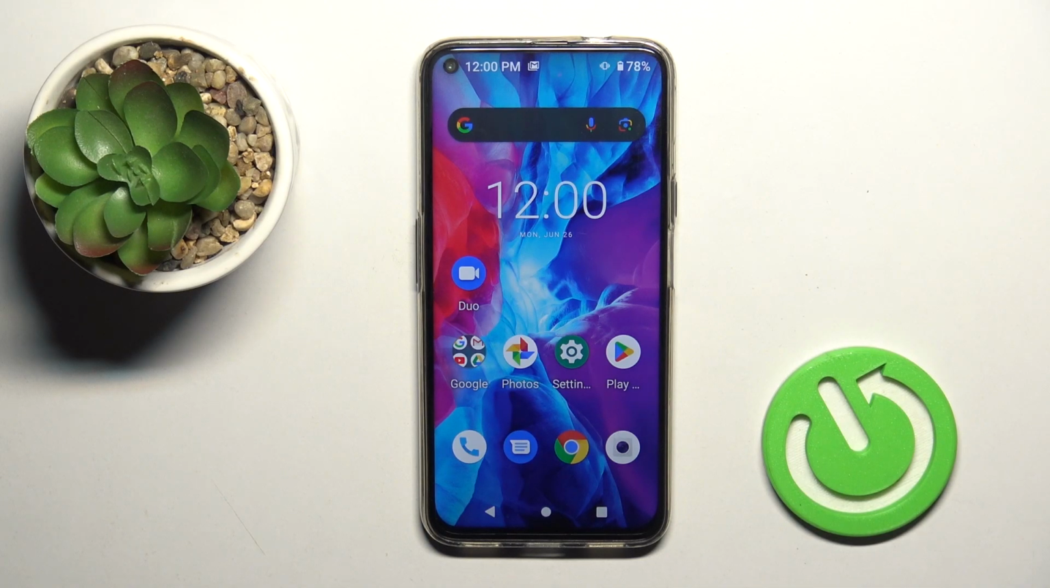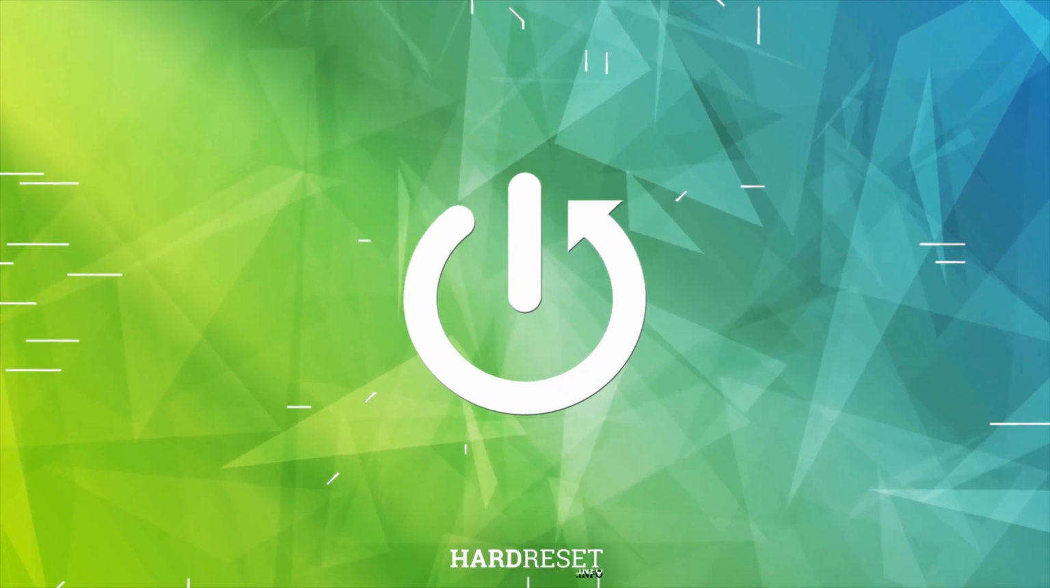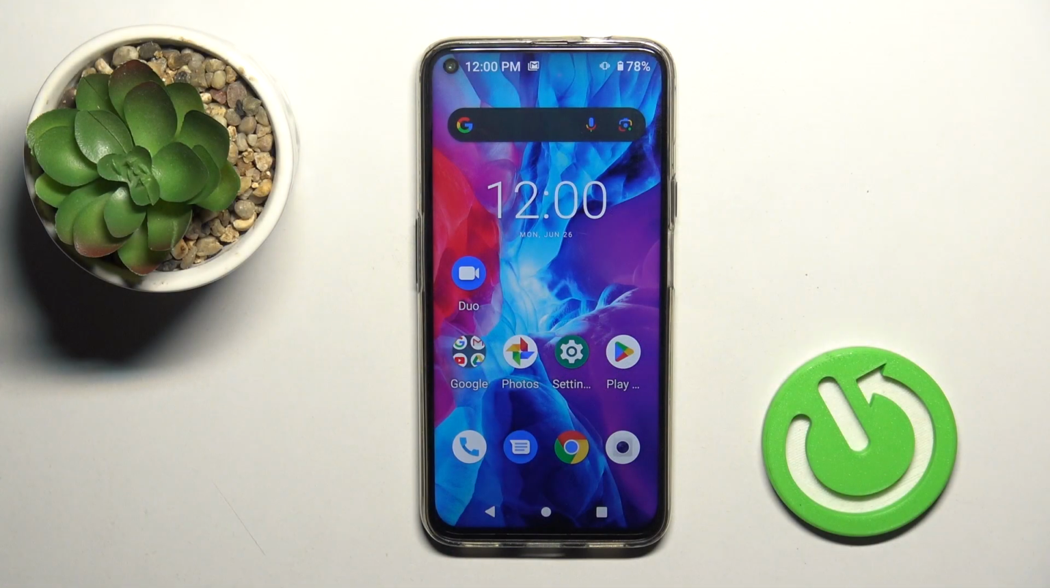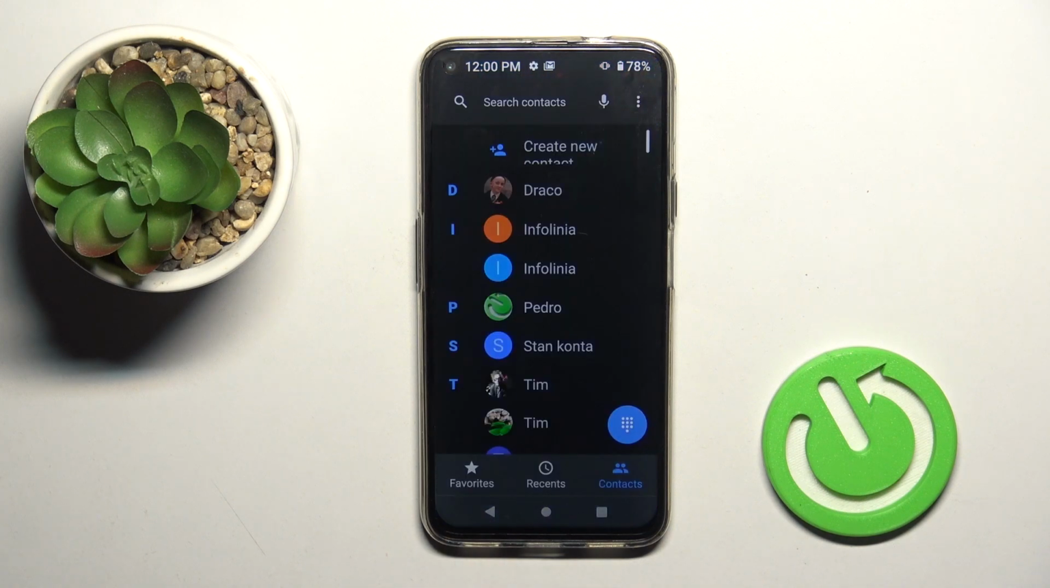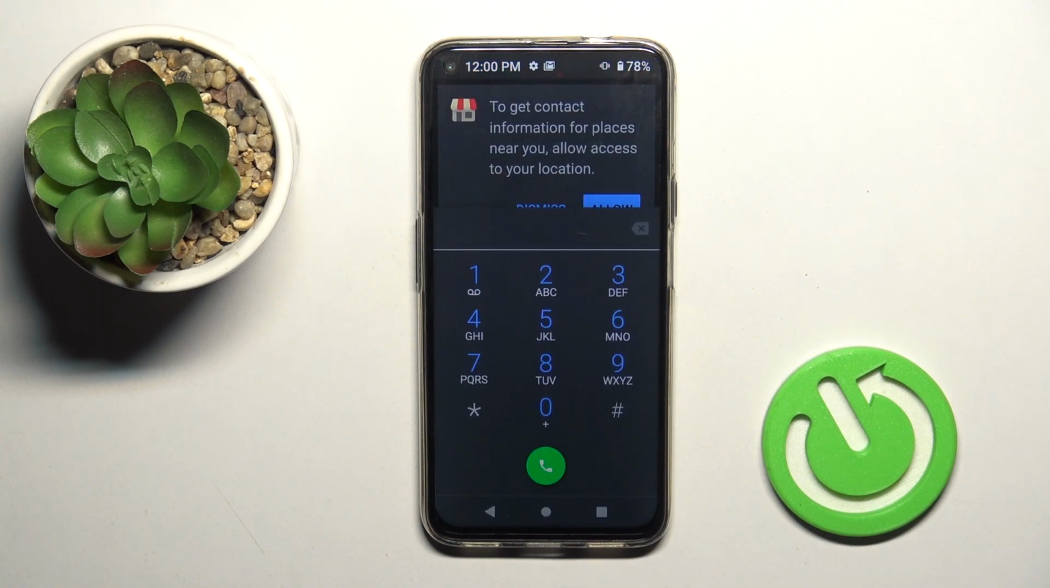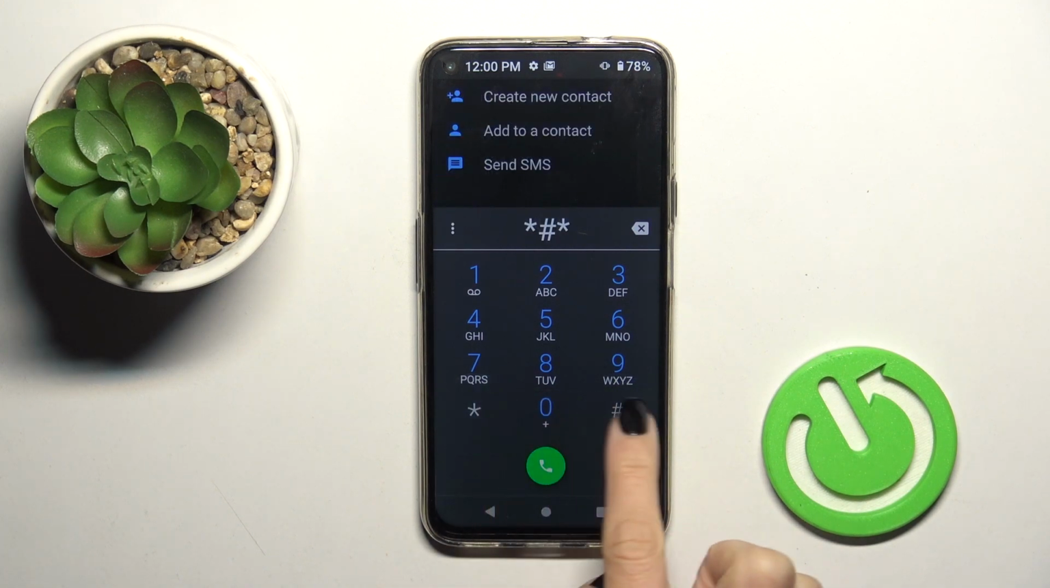Good morning guys, in front of me is HAFURY GT20 and let me show you some of the secret codes that you can use on your phone. To enter any secret code you have to open your phone dialer, then go to keypad, and let me start with the first code that you can use, which is *##426